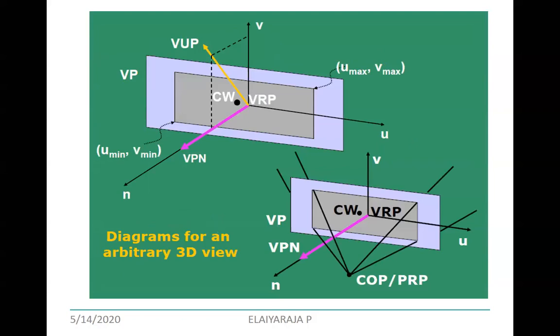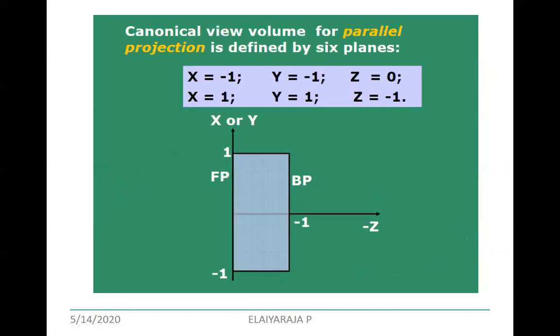Okay, and when you are going to consider an arbitrary 3D view, which we already discussed in the projections with respect to your modeling coordinates, and you are converting to either parallel or perspective view. When you consider the parallel projection, there is the direction of the projection, and with respect to perspective, the center of the projection. All right, so based on this, you are going to take any cube.